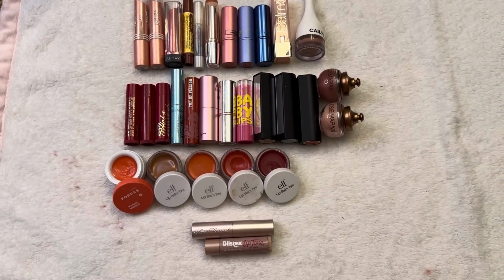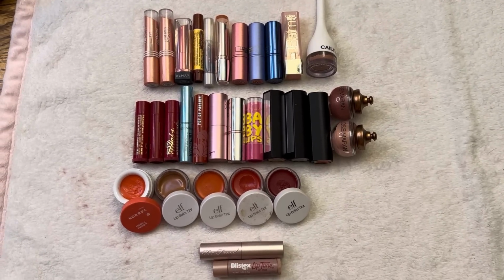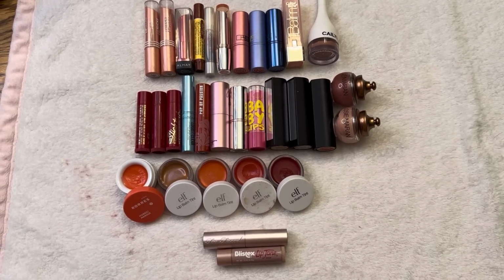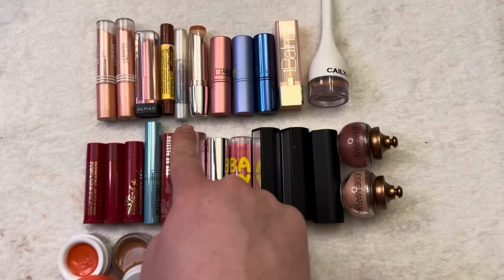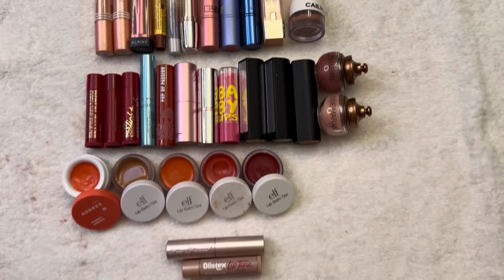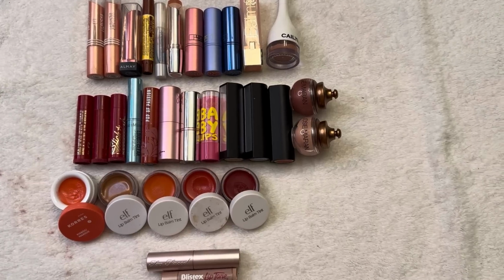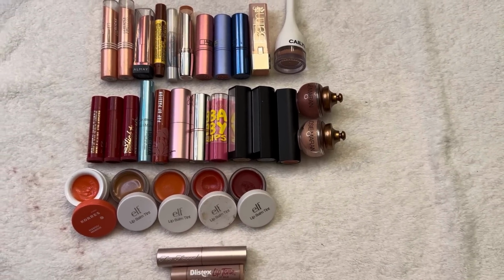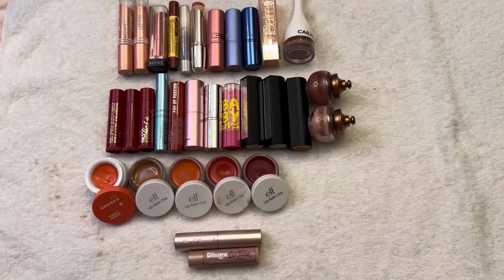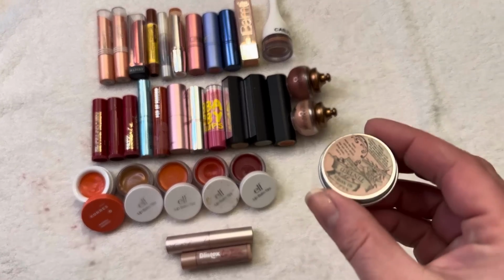All right, these are my tinted lip balm category. I had 33 last year, and I am down to 31. I used up one. It was another one of these in a shade called Guava, Burt's Bees Lip Shimmer. I did not like it. I liked it fine for like a nighttime lip balm, but I did not like it out and about in public. So I finished that one, and then just now, literally as I'm laying these out, I went to go open this for the picture,